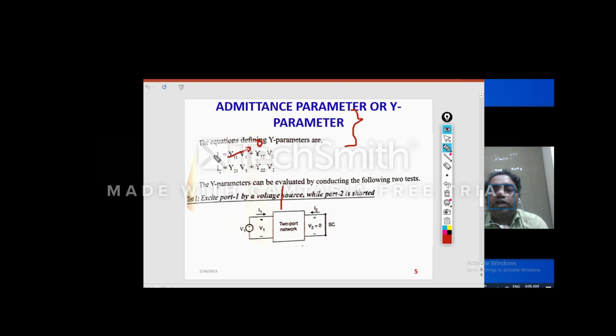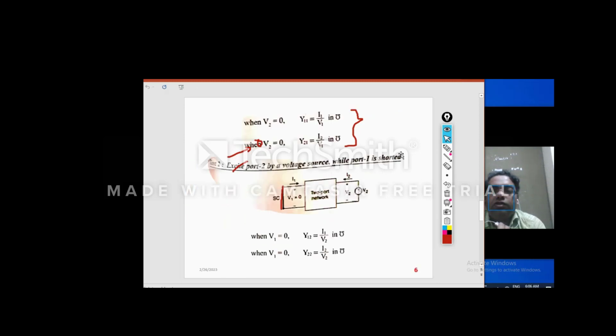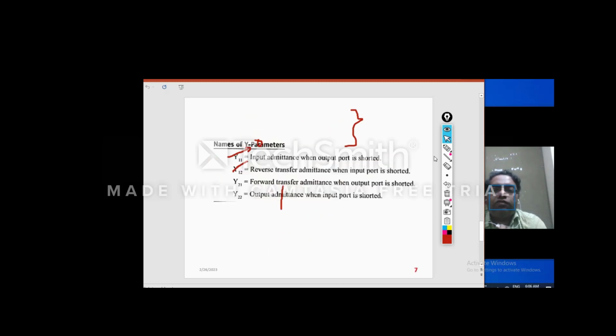So Y12 becomes I1 by V2 and Y22 becomes I2 by V2. So that is how we are able to define the Y12 and Y22 parameters. We have to do short circuit at the input terminals and the output terminals, and accordingly we will get. That is how we are giving the names of the Y parameters.